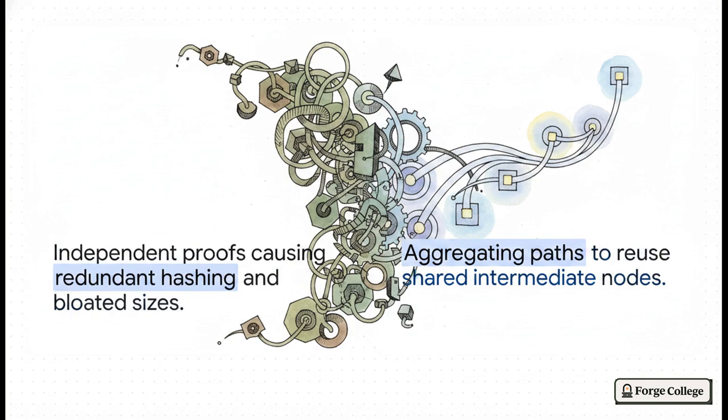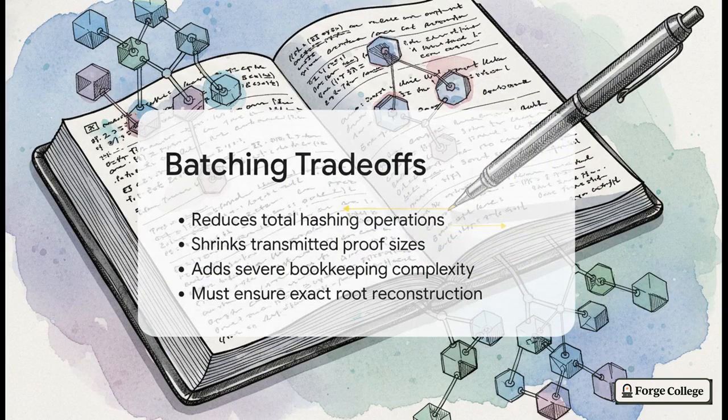It causes massive, scaling, redundant hashing and creates really bloated data transmission sizes. It's incredibly, painfully inefficient at scale. Batch verification, though, completely changes the game. By aggregating common path work, we can compute those shared intermediate nodes just once and reuse them across multiple proofs. The benefits here are massive. Batching drastically reduces the total number of hashing operations and significantly shrinks the size of the proofs transmitted over the